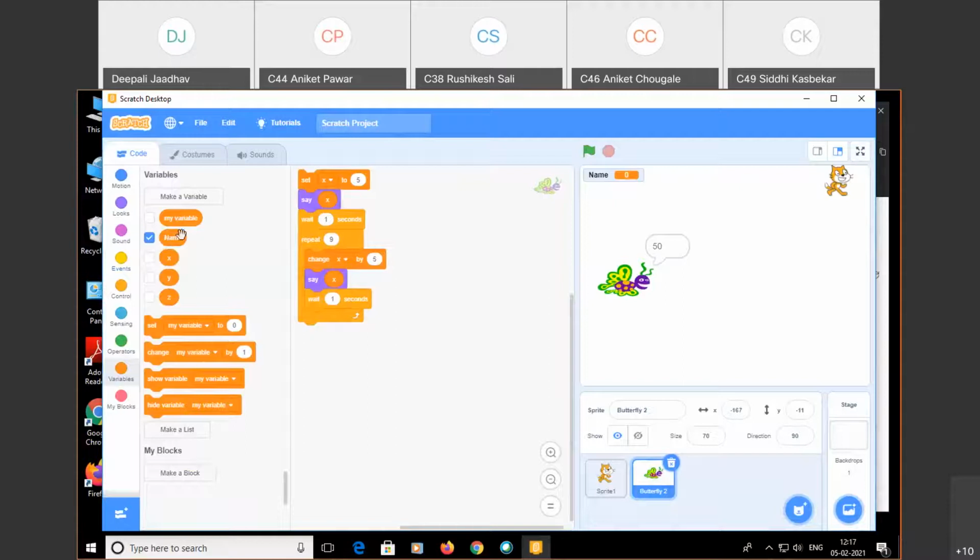Now set my variable. I use name here. Okay, here I want my name, so I can write Deepali as it is. Set name to Deepali. So you can see here Deepali is there.